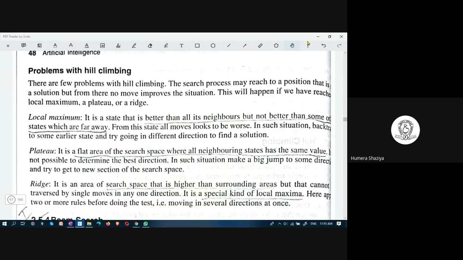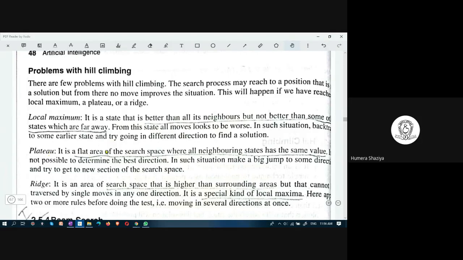But there may be a path which costs more right after it crosses its neighbors, and after it crosses the neighbor, there may be a path having less cost. But then this hill climbing method will not consider it. Hill climbing will consider only the neighbor's cost. That is known as local maximum. All right, and this is a problem in hill climbing.